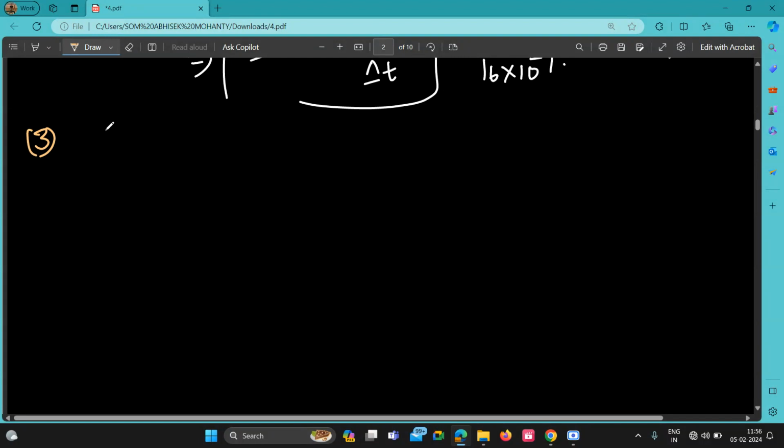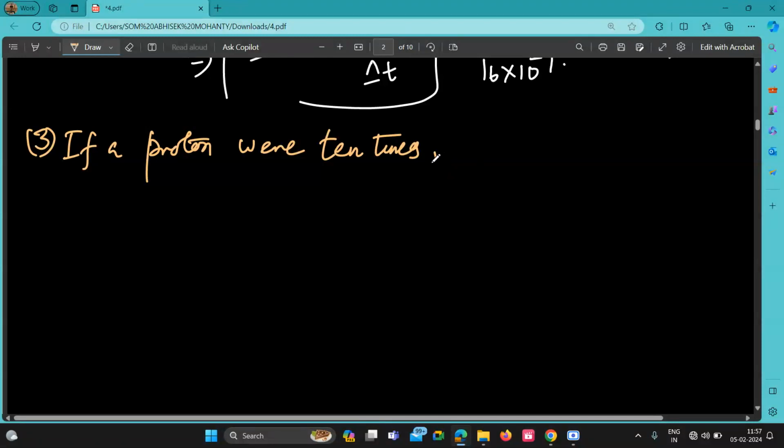Question number 3. If a proton were 10 times the mass of electron, if the proton were at 10 times the mass of electron, the ground state energy